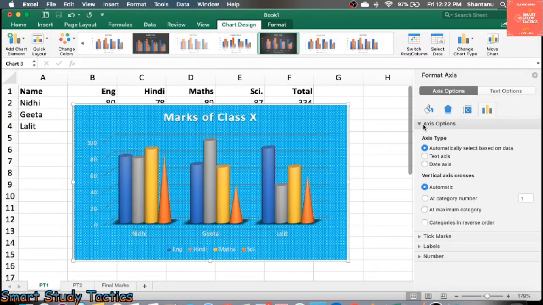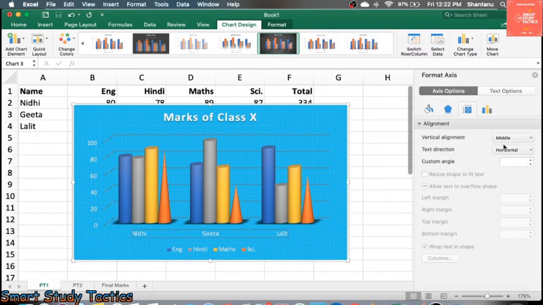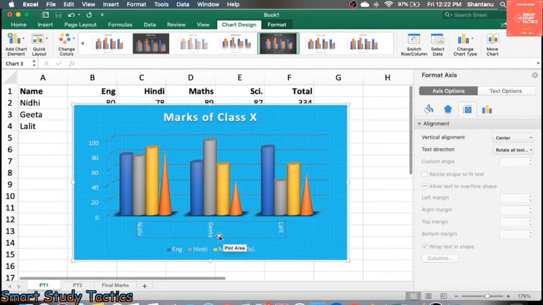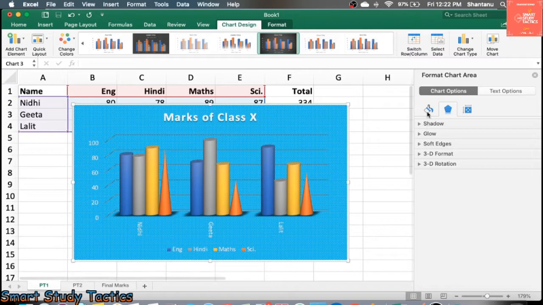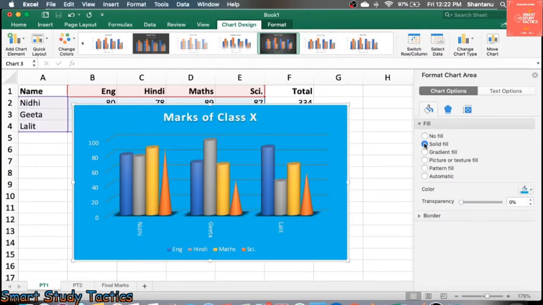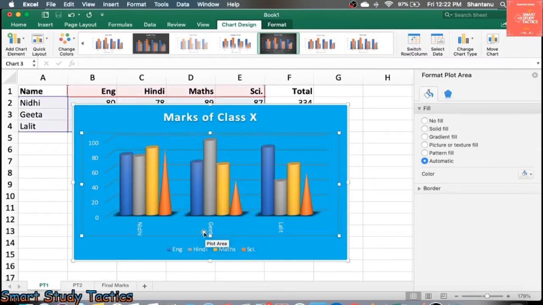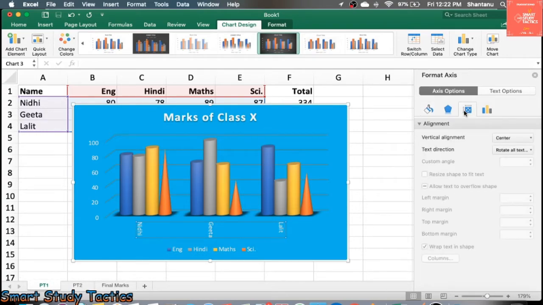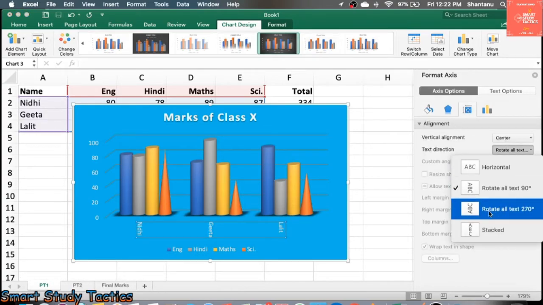Now you can see here. You have to click on this particular feature, size and properties. Now you can click on horizontal and you can see different text rotations. You can see this is going to change. I'm going to change the color first, the background color, so it will be clear to you what solid color I'm using. This is the feature for the x-axis, the horizontal axis, and the rotation of the value you can see.